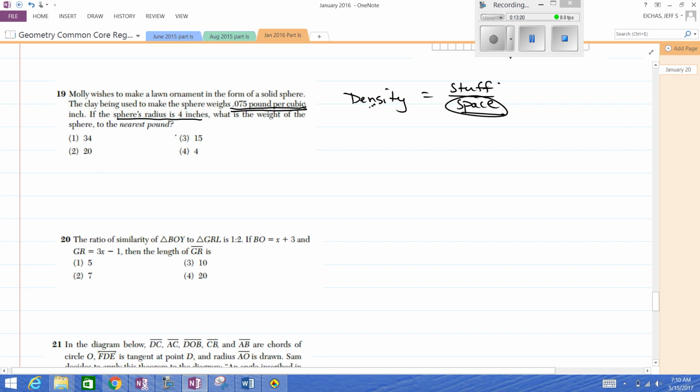Radius of 4 inches. Okay. So the volume of a sphere, if we look at the front sheet, the formula sheet, they give us this formula for the volume of the sphere, 4/3 pi r cubed. So we'll say 4 divided by 3 times pi times 4 cubed. Go ahead and type that in your calculator, and we'll get,